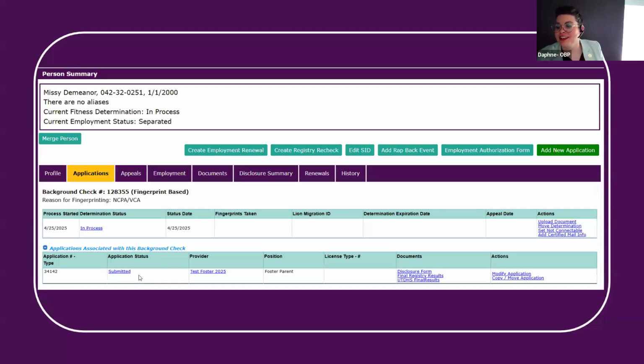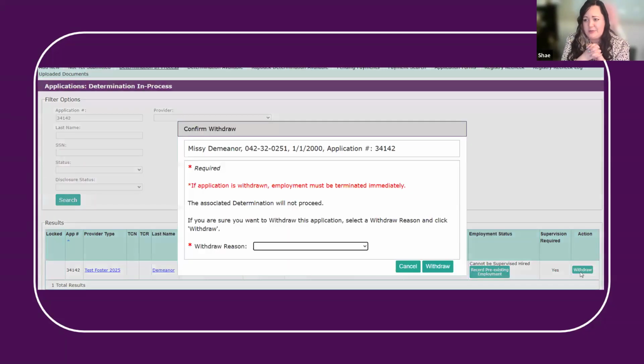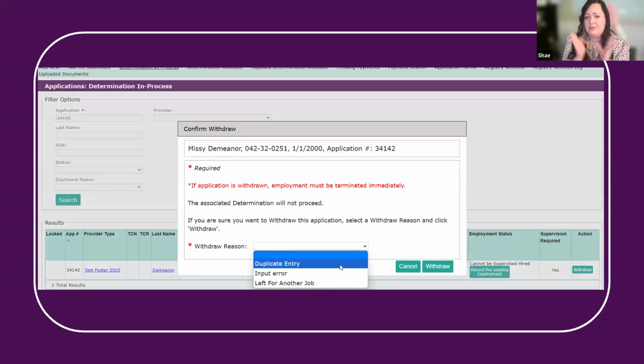I missed it, but did you say there are no future dates for separating? Yes, please. For the love of all things holy, please do not enter a future separated date. It messes up our system. It messes us up. Please do not. Please enter the day that they're leaving.